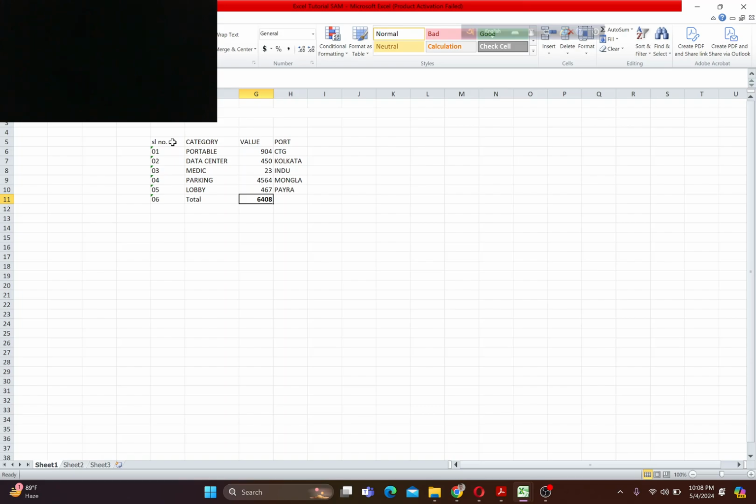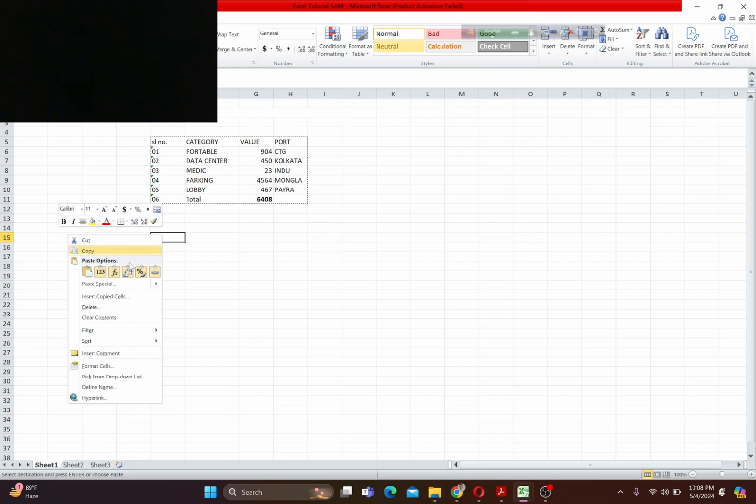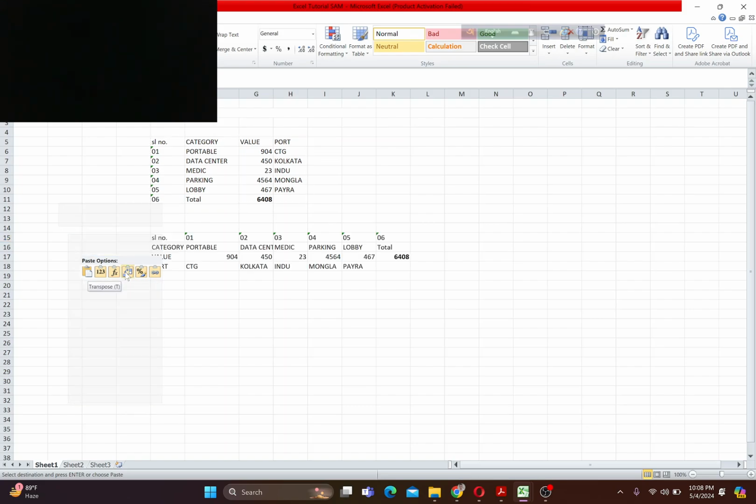So if we want to do transpose, what do you do? Select, copy, then right click, then here is the formula transpose. So this is it. Okay, very easy, but the trick is